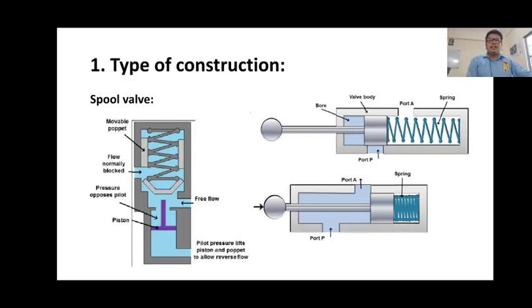Spool valves are categorized according to the number of operating positions and the way hydraulic lines interconnect. One of the simplest two-way spool valves is shown in the second figure, the first on the right side of your screen. The standard terms are: port P is the pressure port, port T is the tank port, and ports A and B are the actuator ports, also known as the working ports. The actuators can move in forward or backward direction, depending on the connectivity of the pressure and tank port with the actuator port.